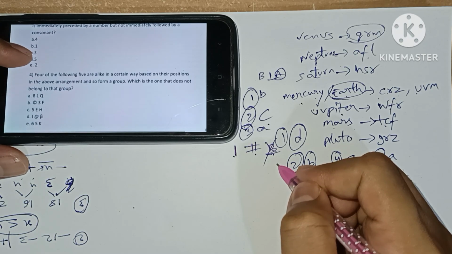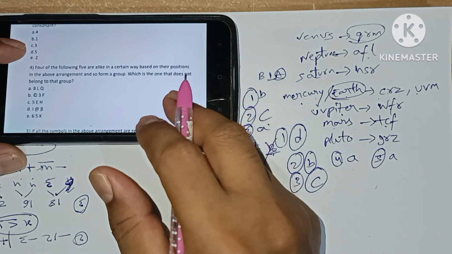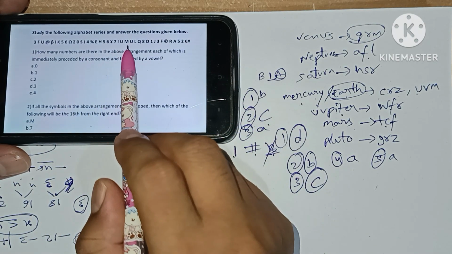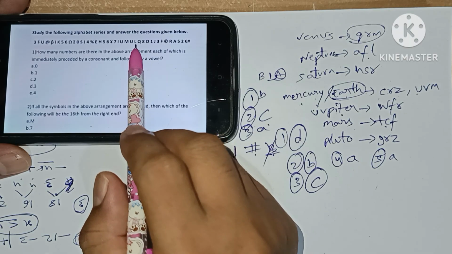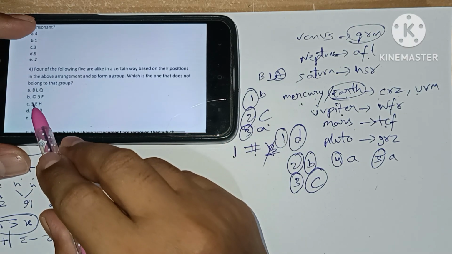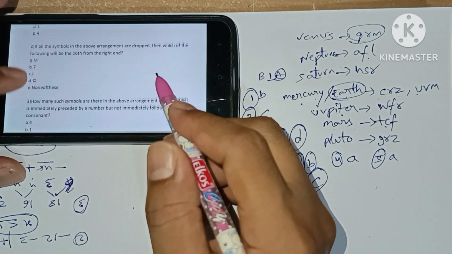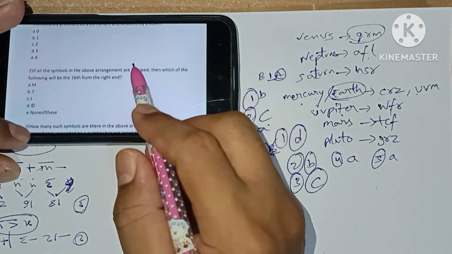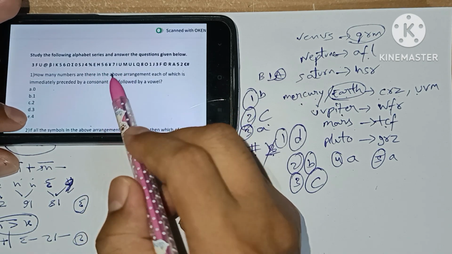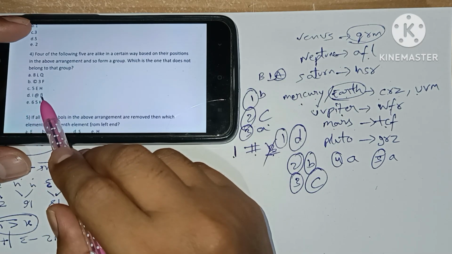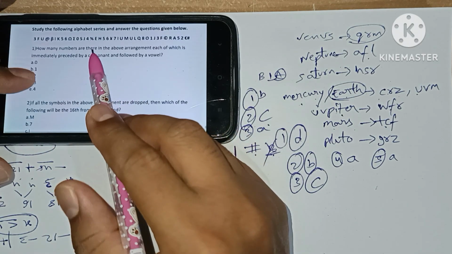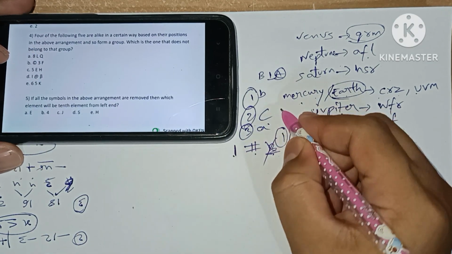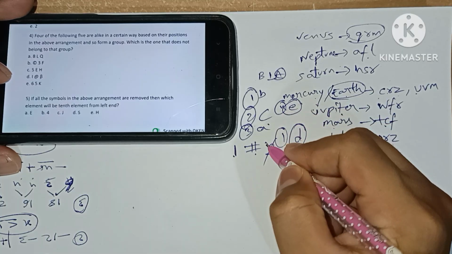Now we are going to see question number 4. Four of the five are alike. Find the odd one out. 8LQ: 8 is here, L is here, Q is in between them. Next, 3F, it is also the same as that. 5EH, it is also like that. Where is the next one? It is also the same sequence. So the last one must be the wrong one, which is option E, the answer for the fourth question.